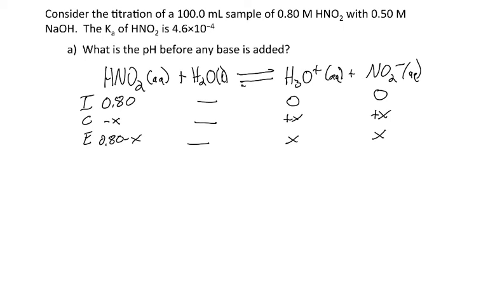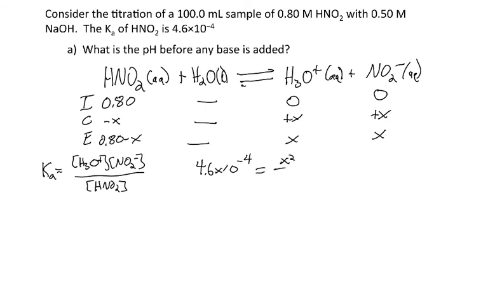All right, so I need to now plug this into the equilibrium constant expression. We know that Ka is equal to the concentration of H3O plus and the conjugate base over the weak acid. So I can go ahead and plug in my values. I know that 4.6 times 10 to the minus 4 is my Ka, and I'll have x squared over